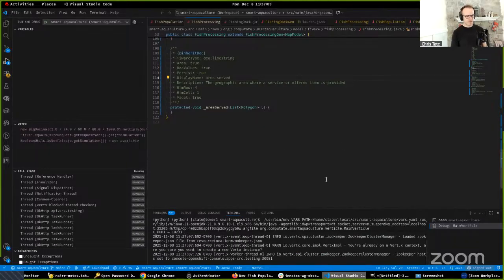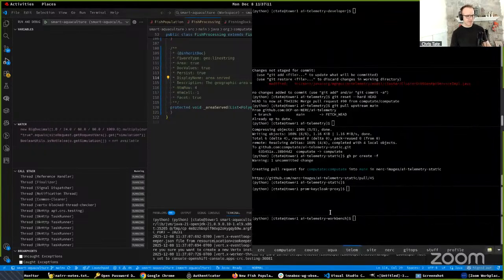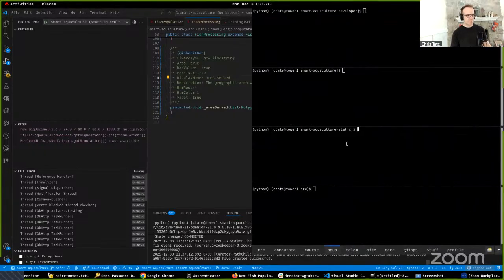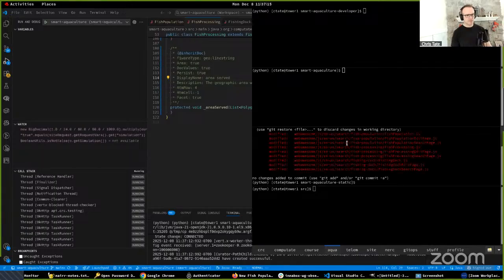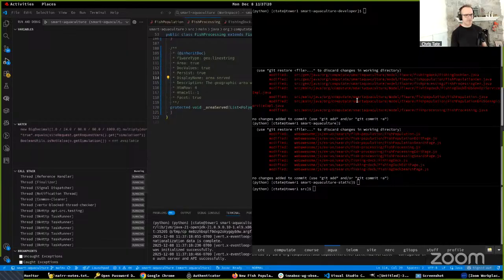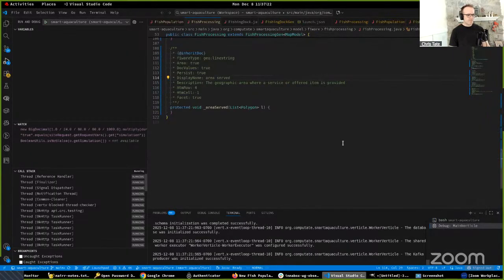Okay, so, or I may not have committed these changes yet. Let me check its status. Yeah, we've got to commit these changes. These are still in development. But